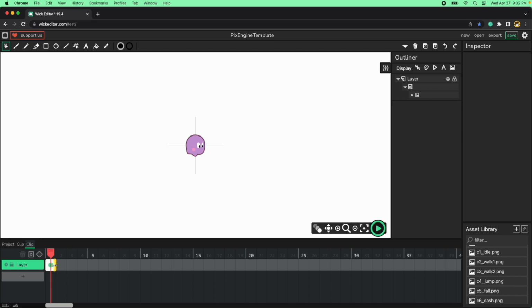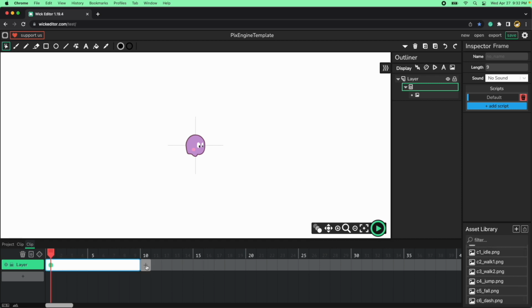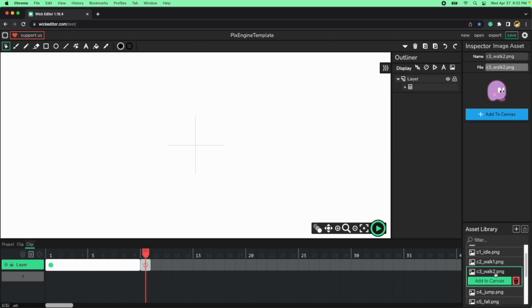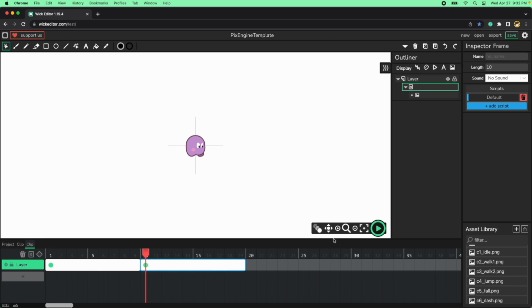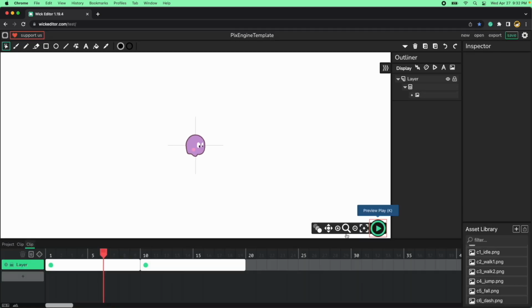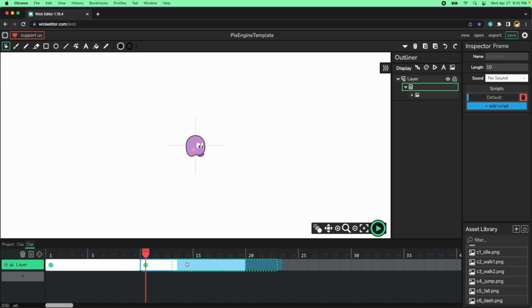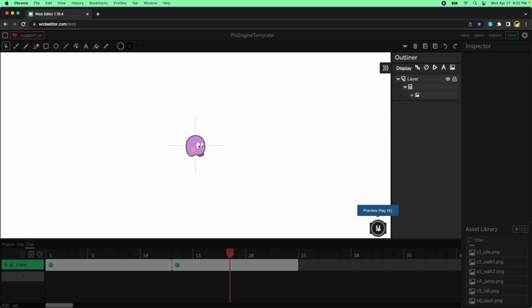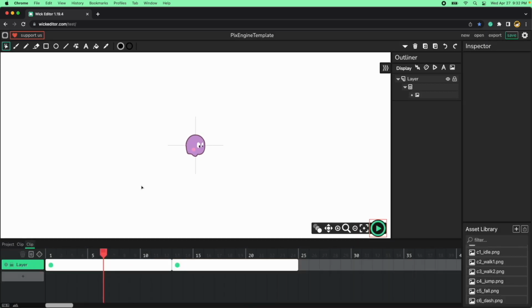So now we have a frame for the first drawing of the walk, and then we can create a second frame for the second drawing, and we can expand this. Let's see, this seems to be too quick. Let's do like 12, 24. I think that this is fine. Okay, so now we have already our walk animation. Then we have to go back to the entire clip,